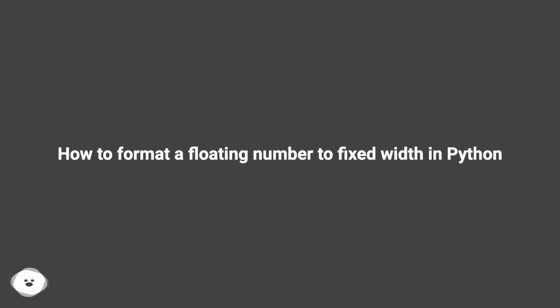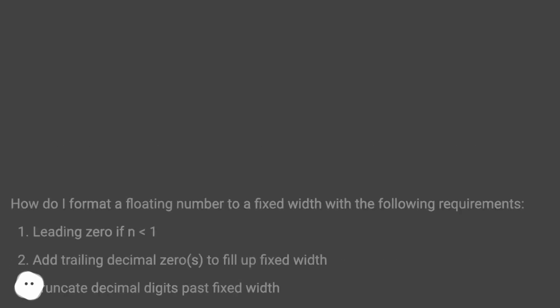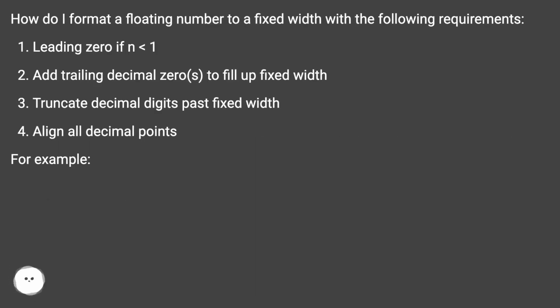How to format a floating number to fixed width in Python. How do I format a floating number to a fixed width with the following requirements? Leading 0 if less than 1, add trailing decimal zeros to fill up the fixed width, truncate decimal digits past the fixed width, align all decimal points. For example,